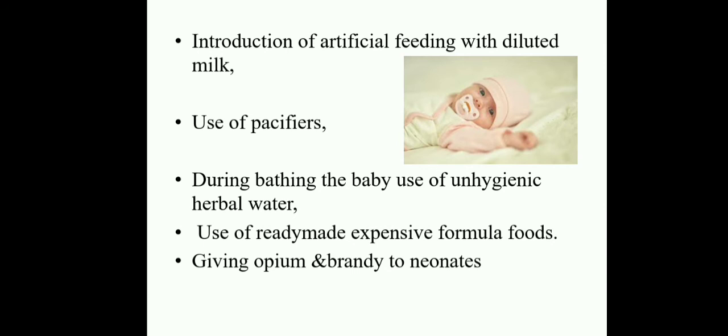Without the mother's breast milk: the first breast milk is colostrum, which is rich in protein, calories and everything, but they squeeze out that colostrum and don't give it to the babies. Instead they give artificial feeding with diluted milk, diluted cow milk, which is not good for the baby's health. Colostrum contains IgG and IgM immunoglobulins, which protect the baby's immune levels.